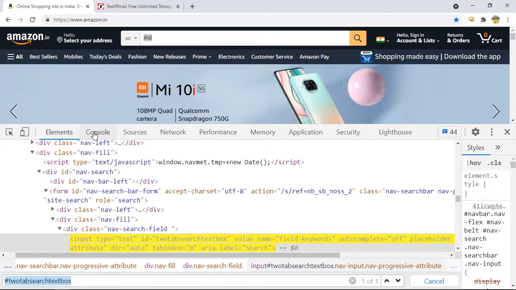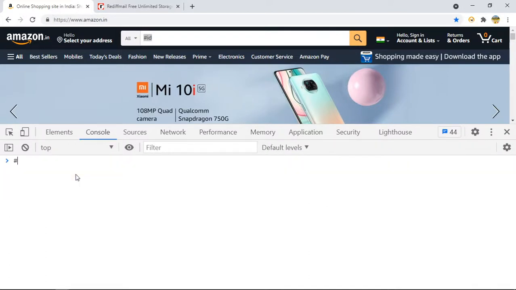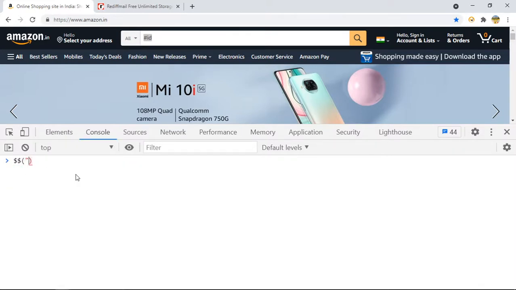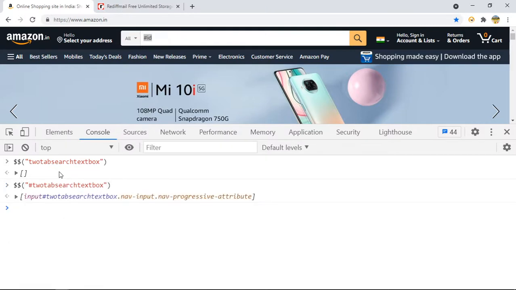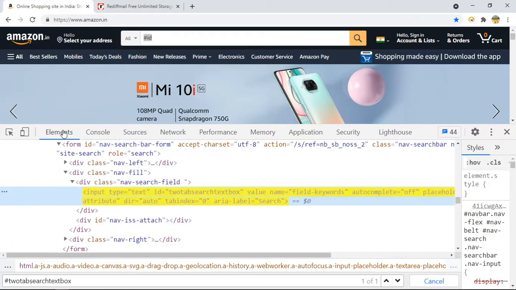So if I want to validate my CSS here as well, how can I do it? First say Control L. Then as we are working with CSS, you have to say double dollar, and in double quotes, provide your CSS. So it is not giving us anything. Why is it not giving? Because I have not provided hash before that, hash ID. Now it is our CSS, and if I open this, length is 1, which means only one element. And if I place my mouse here, this is highlighting our text box, which means everything is correct. So you can validate your CSS this way.